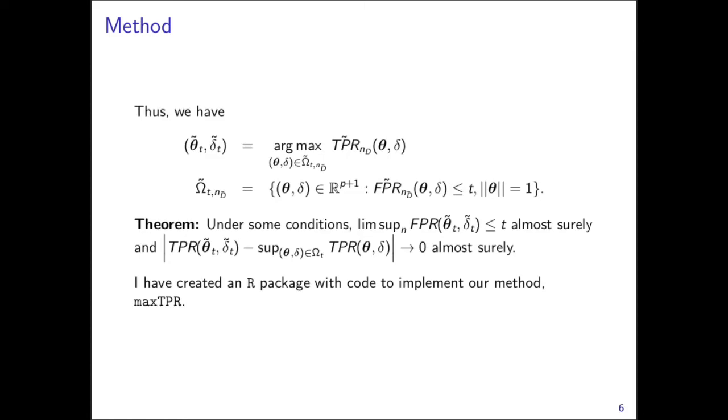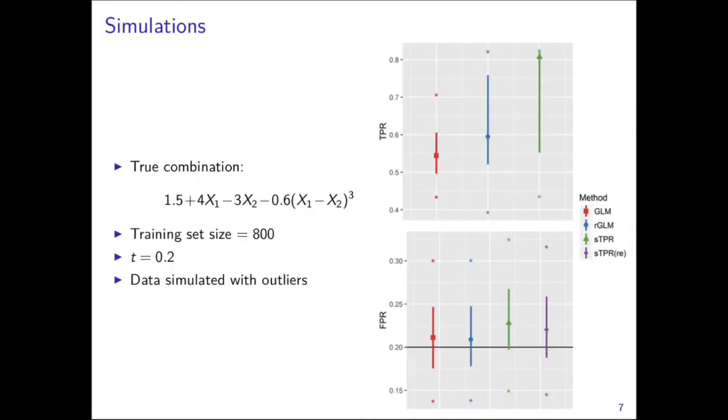Too bad. Yeah. Cool. So then I'll just touch on very brief simulation results. So these are a situation where we have two biomarkers, X1 and X2. They are bivariate normal, but with some contamination with outliers. And this is based upon another paper that came out in 2017, their simulation scenario, which we found very useful in ours. And so here we have a true combination that's nonlinear, and we're going to construct a linear combination of X1 and X2. We have training data of 800 observations.